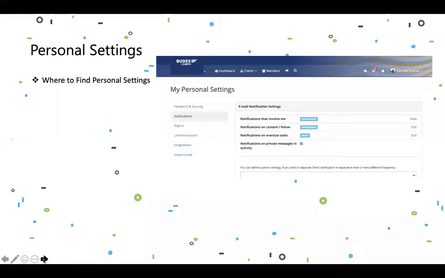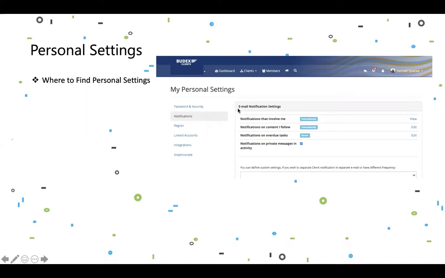With that, every single person using Clinked, every member, has the rights within their personal settings to change their email notifications. So where do we find that? We actually find it in our personal settings. This is a screenshot of Hannah's view. If Hannah had gone up to her name here and hit the drop down, she has the option to hit personal settings. When you come into personal settings, if you go to notifications, this is where you can actually control